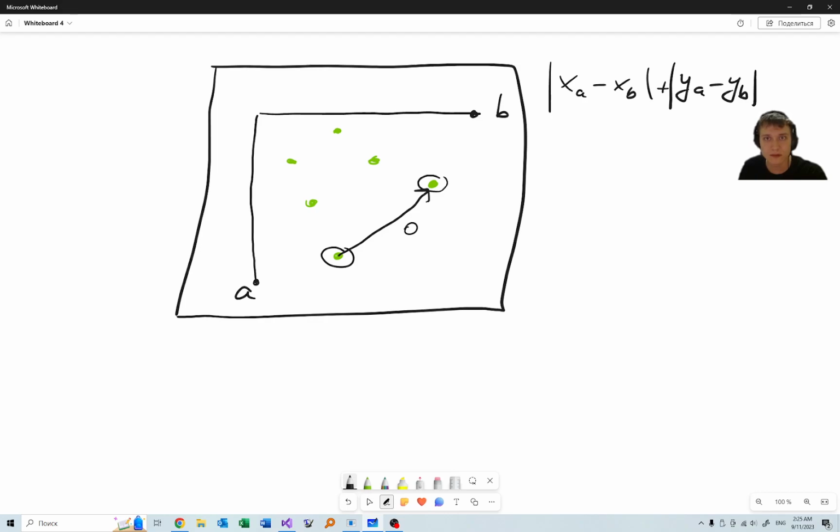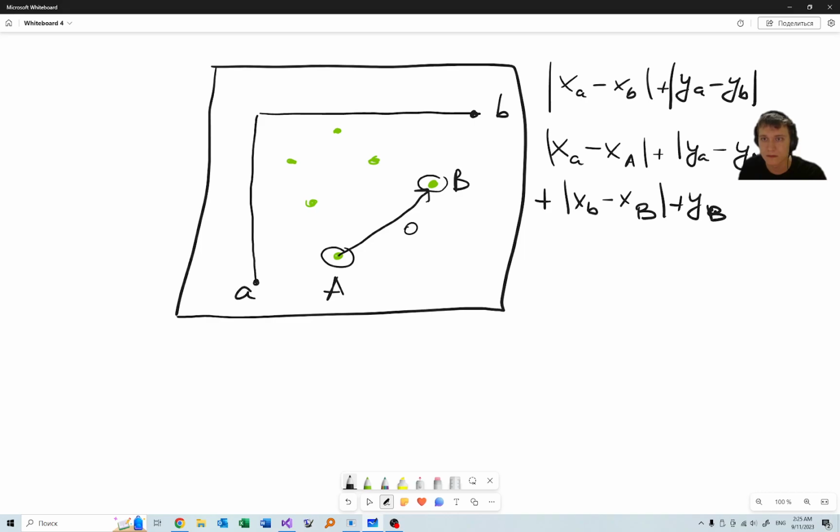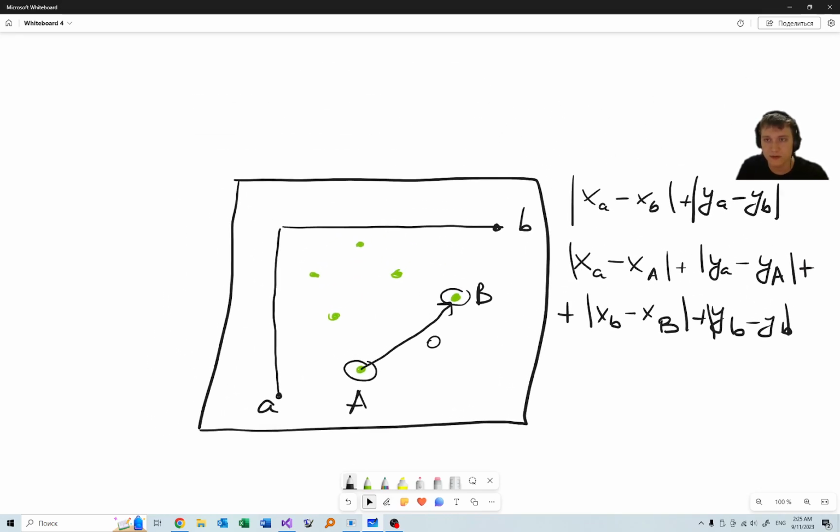So, let it be, for example, a, and let it be b. And in this case, we get this. And the same goes for b's. Sorry, I will move it a bit down, to the bottom, because I interfered with my image. So as you can see here,